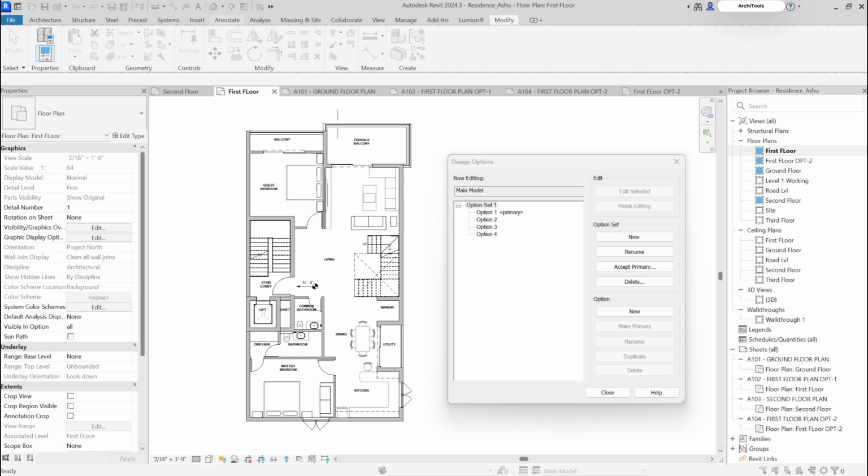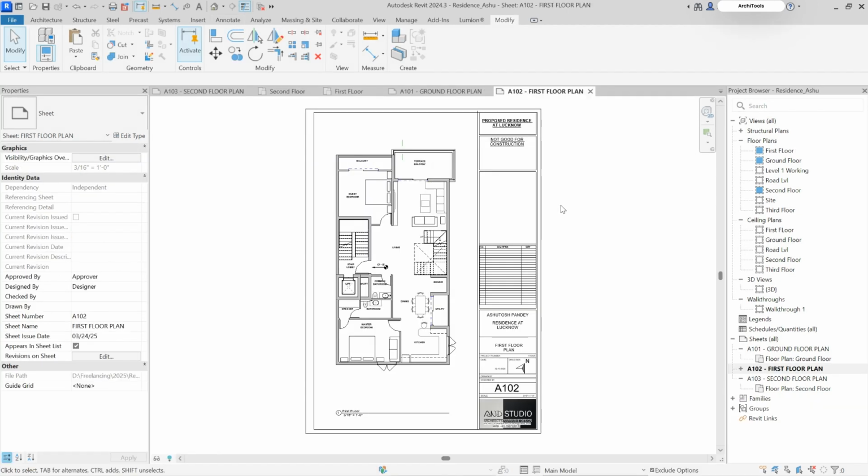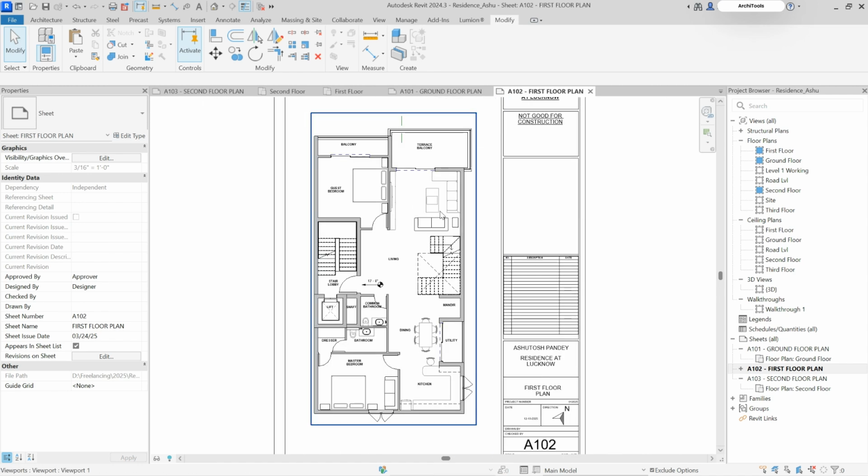In today's video, we are diving into design options in Revit, one of the most underused tools for presenting yet an important part of the BIM process. It helps you present multiple design choices to clients within the same model. Let's get started. So this is an ongoing project, and in the first floor we have made a layout, but